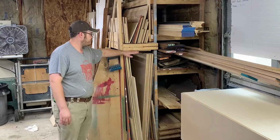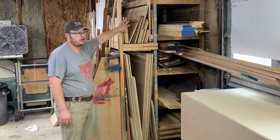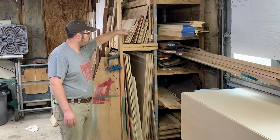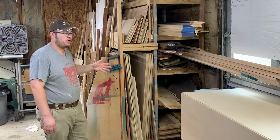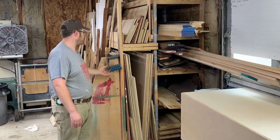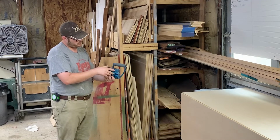The next section I have is for my plywood. I keep whole sheets here, and then I do half sheets and offcuts right here. I like this as a whole. I wish I had a different way to handle my 3/4 inch plywood because it's kind of heavy in my shop by myself, but I do have one of these, a Gorilla Grip I think it's called,